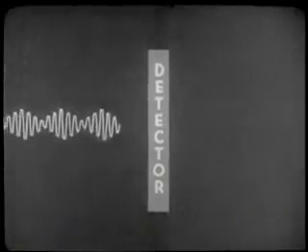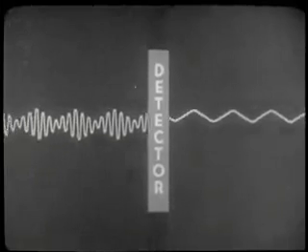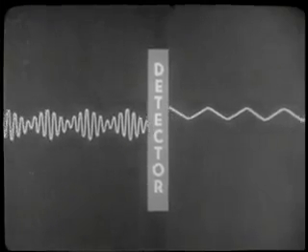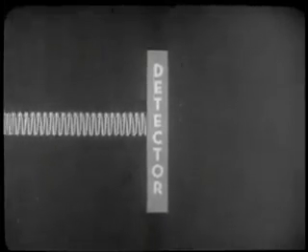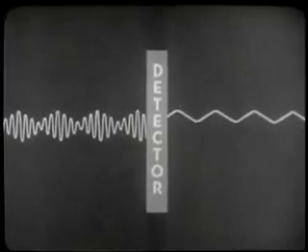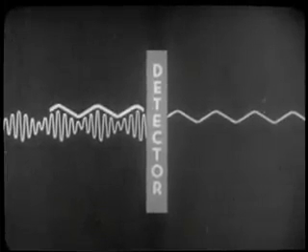The detector receives the RF and transforms its amplitude variations into corresponding audio voltage variations. The detector does its job well, but blindly. It cannot think or interpret. Feed it an RF signal with constant amplitude, and there will be no output signal. Feed it a modulated RF, and it will provide an audio signal which mirrors the amplitude variations of that RF.